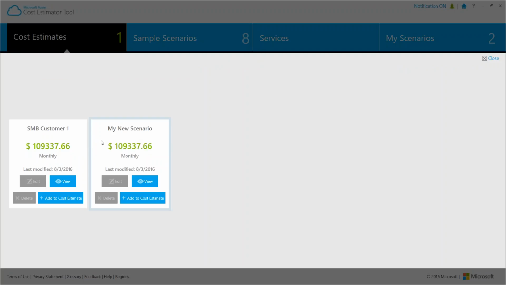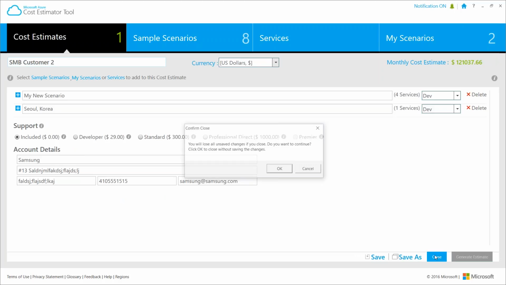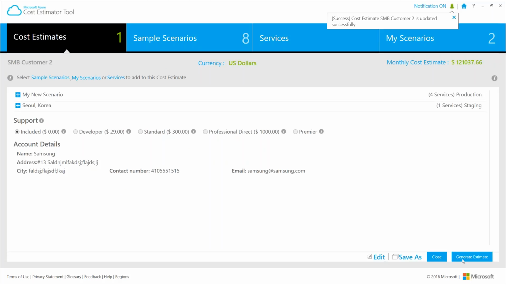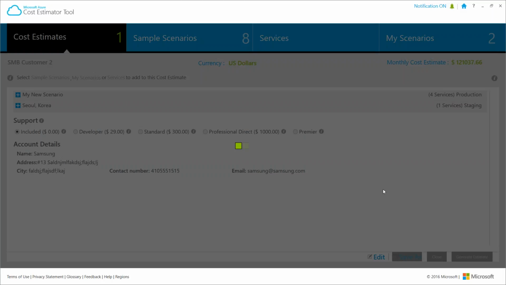Then we can just select the scenario that we want to add to the cost estimate. Production. Generate estimate, there we go.